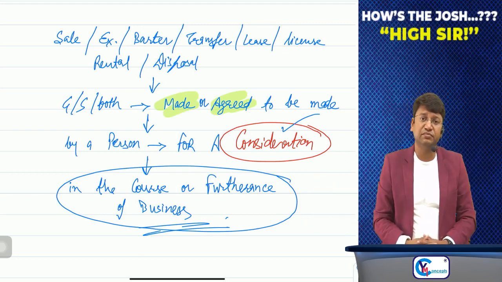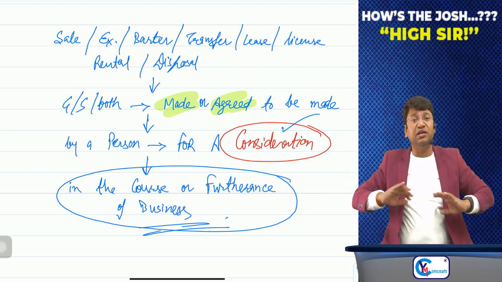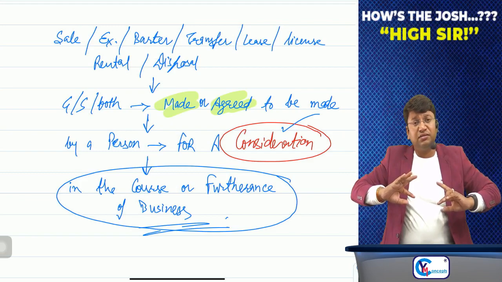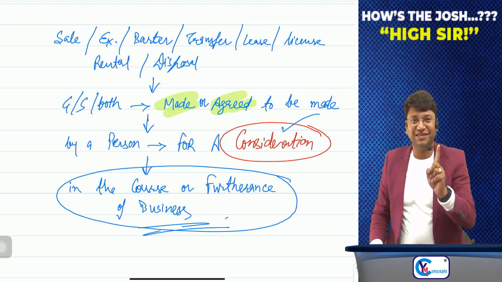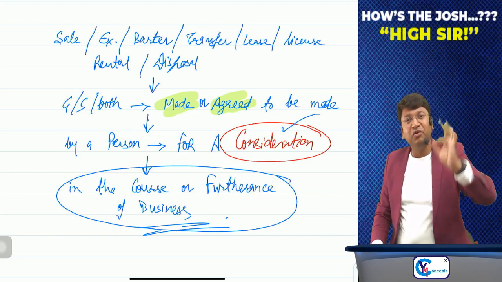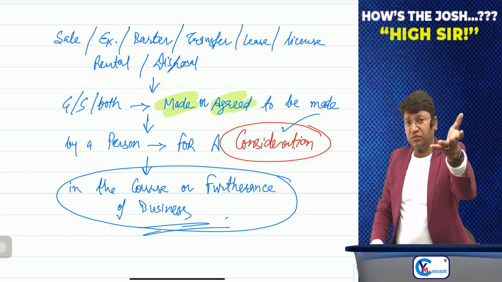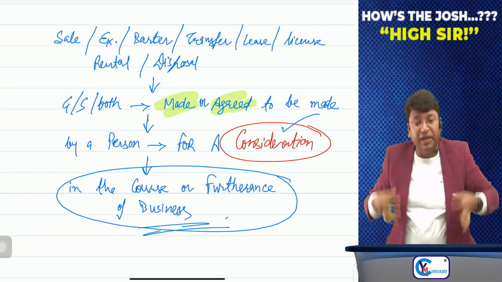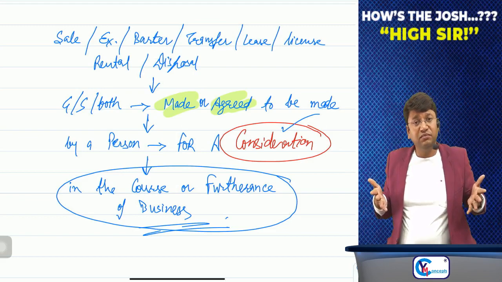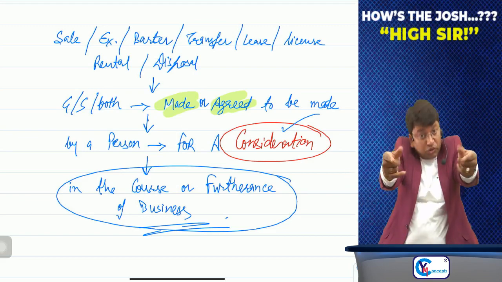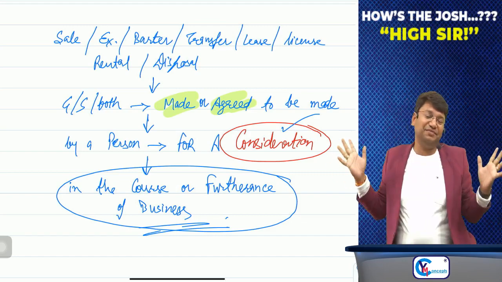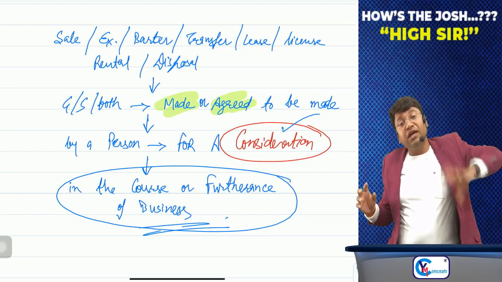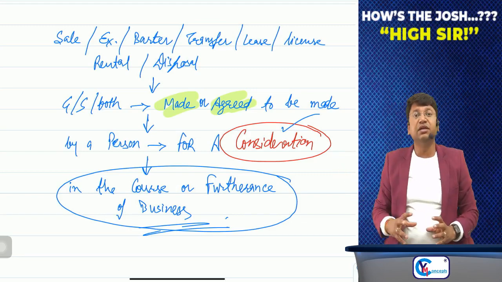But at the same time, suppose you are paying rupees 10,000 to me, against which I will be teaching you indirect tax. It is consideration. You are paying me because I am teaching you, or we can say I am teaching you because you are paying me. So I am doing something for consideration. It is supply. So it should be done for a consideration. The intent should be for consideration.